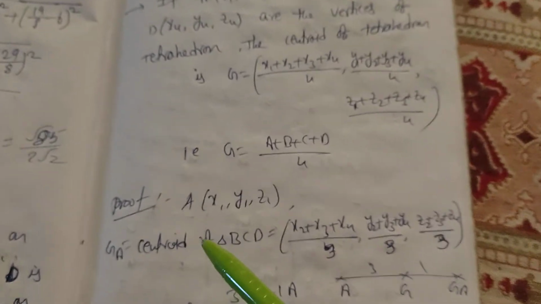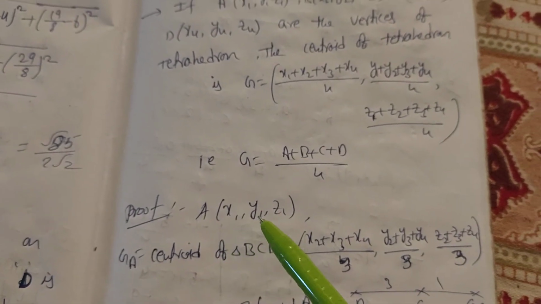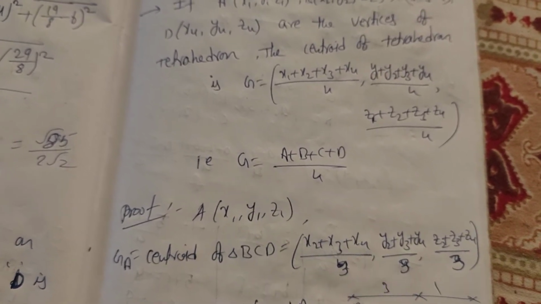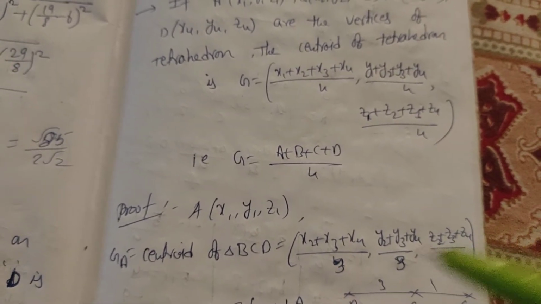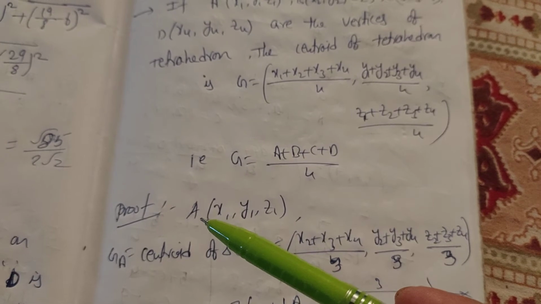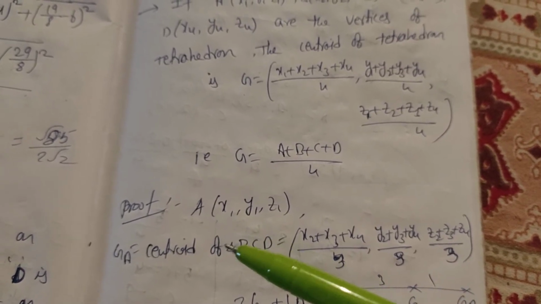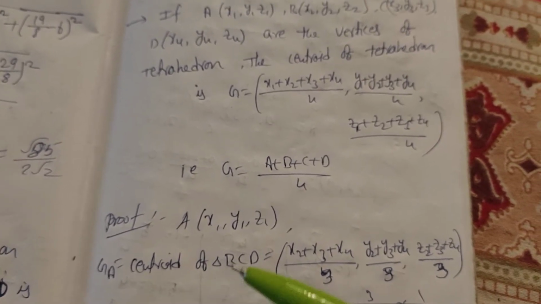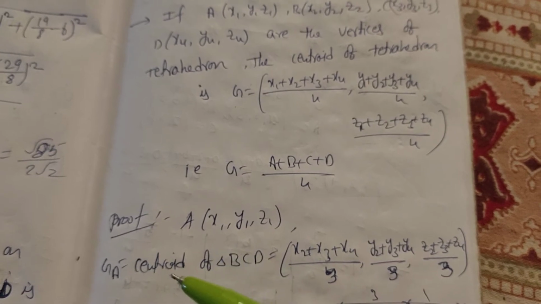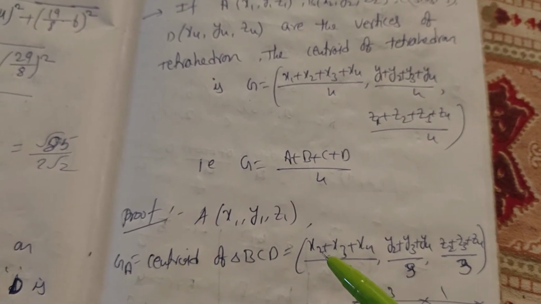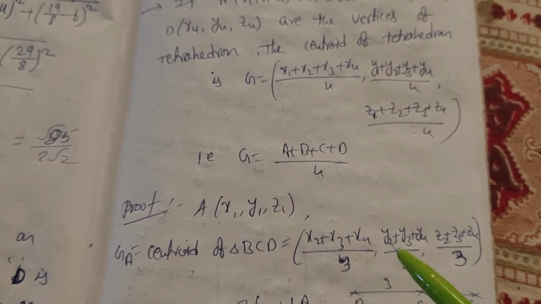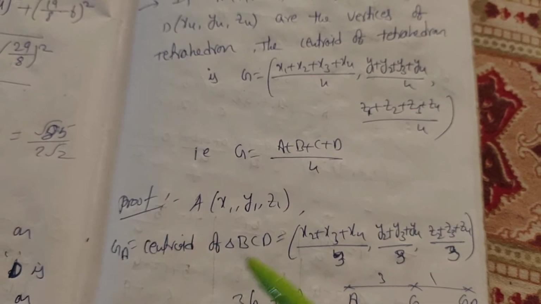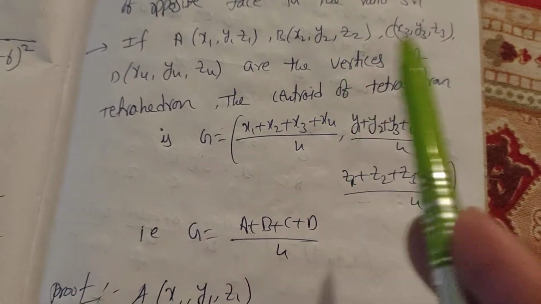If you want to prove this, I am going to find the centroid of the tetrahedron by using the vertex A and the centroid of the opposite triangle of this vertex A. The opposite triangle is formed by BCD. The centroid of triangle BCD is denoted GA = ((x2+x3+x4)/3, (y2+y3+y4)/3, (z2+z3+z4)/3), because the BCD vertices are denoted with these 3 points.